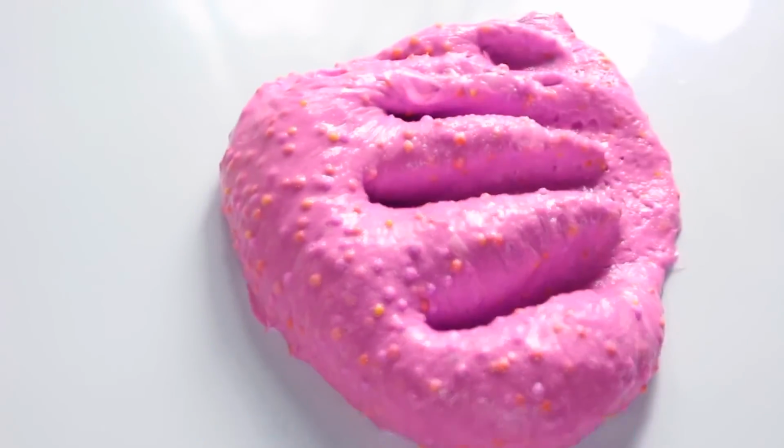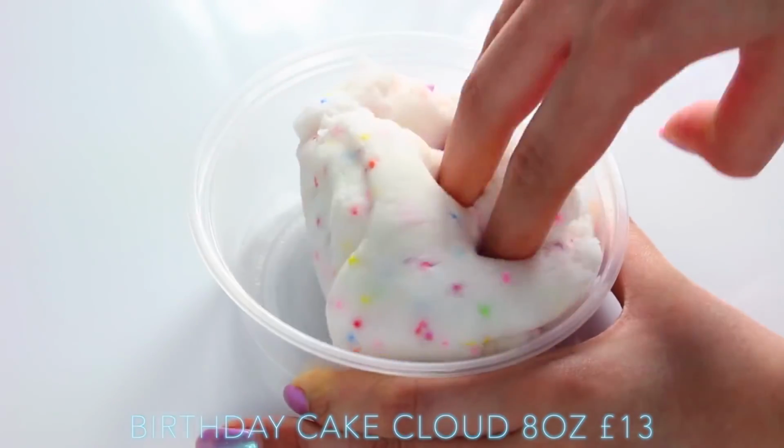When the last slime arrived, I was quite disappointed with it because I didn't see it as a